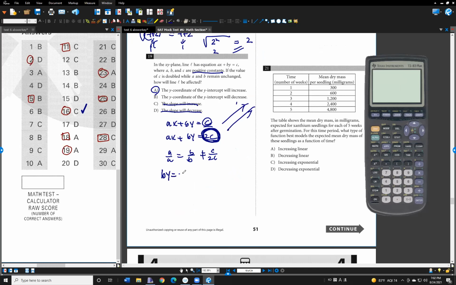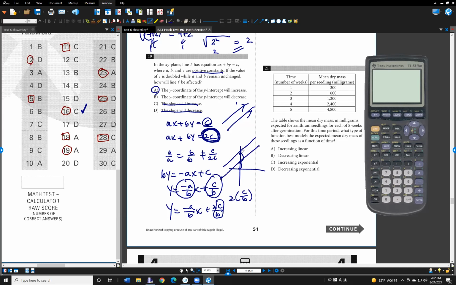Or you can try this way. by equals -ax plus c, so y equals -a over b x plus c over b. This is the slope, this is the y-intercept. They changed only the value of c, twice, to 2c over b, isn't it? This is what it is. Twice c over b. b and c are positive numbers, but twice